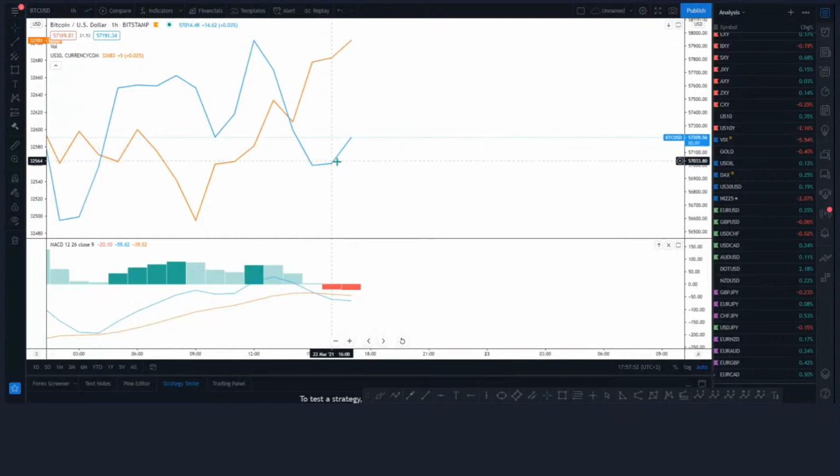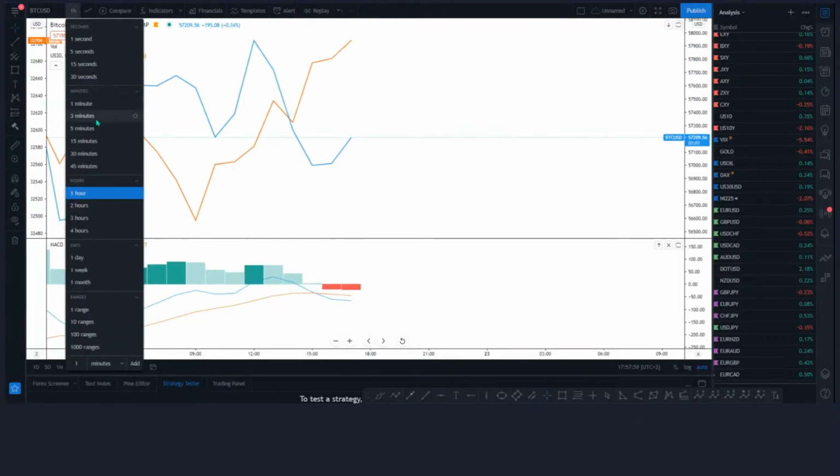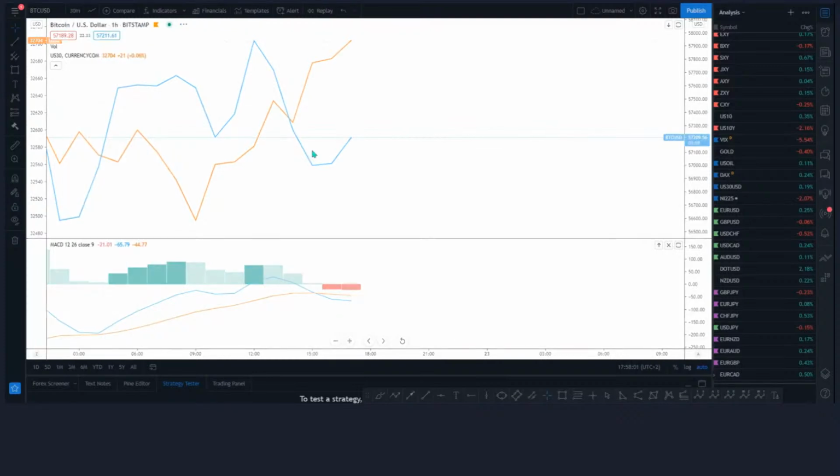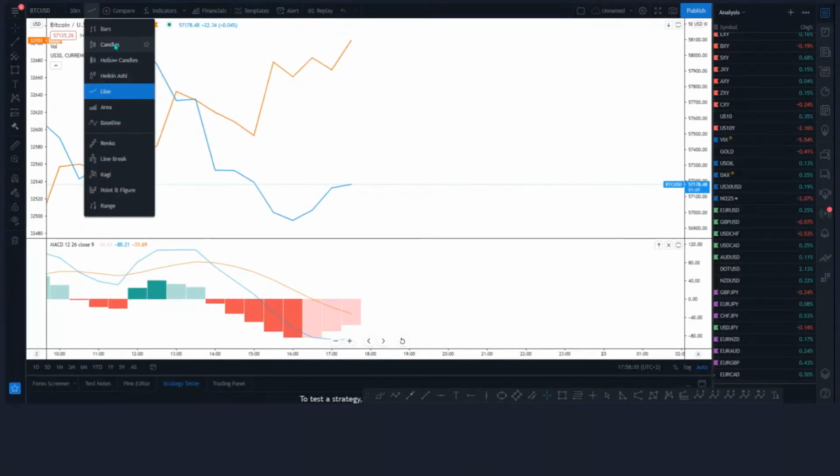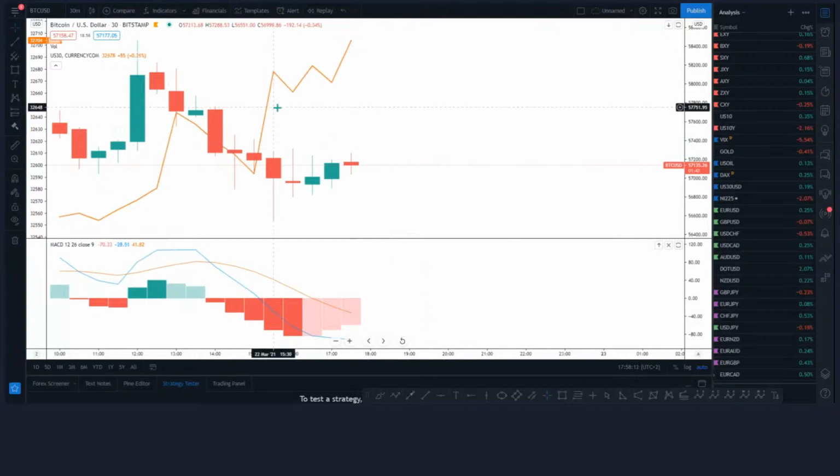So the Dow Jones is in a buy position. Bitcoin also has been holding right now. Okay, if you go to the half hour or whatever, like this, it starts to go up a little bit right here, and Bitcoin also. Okay, but if you change the Bitcoin here to bar or candle,